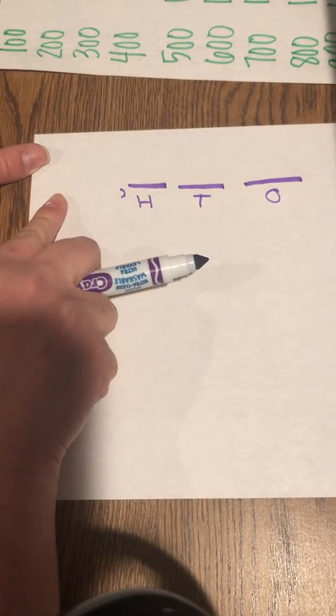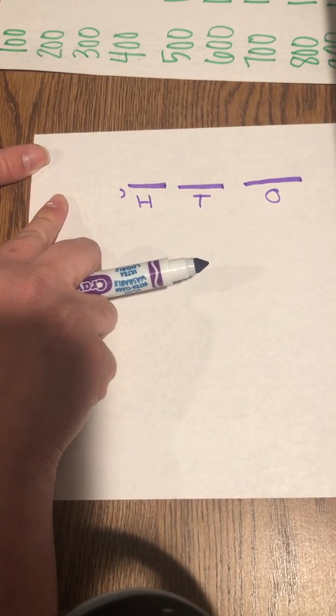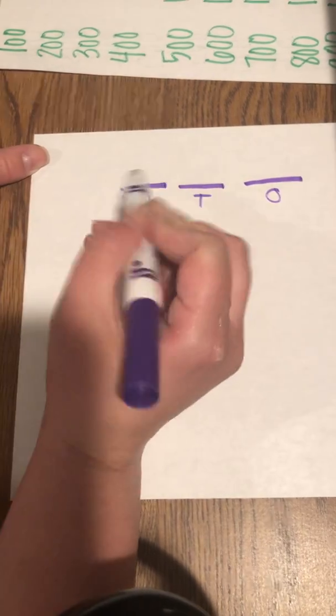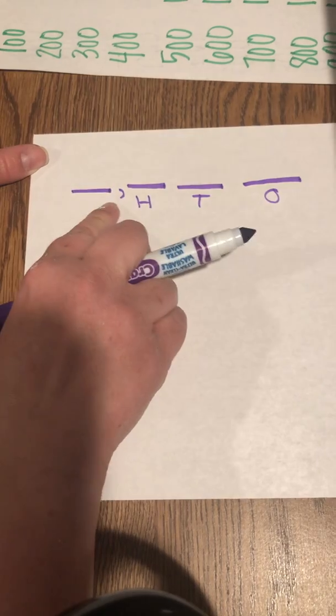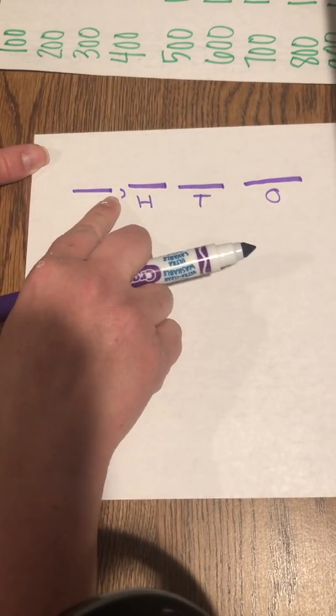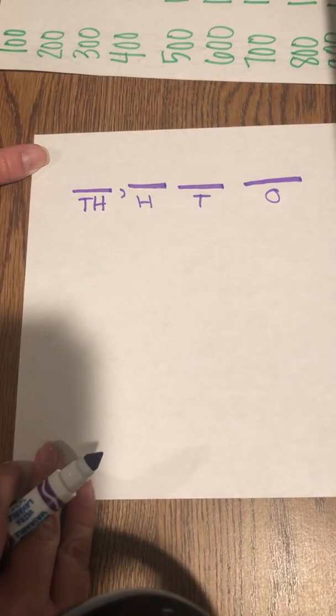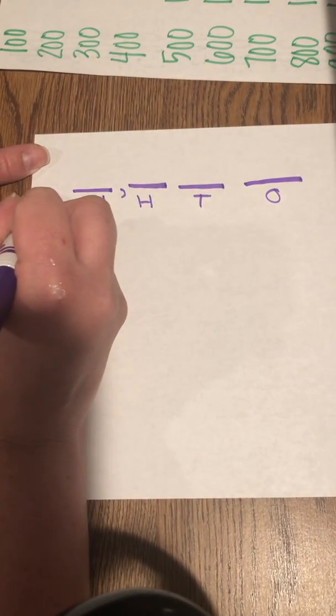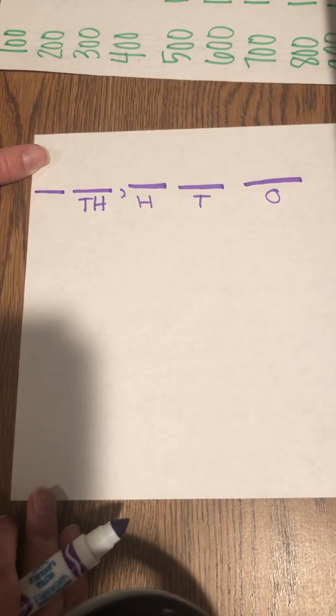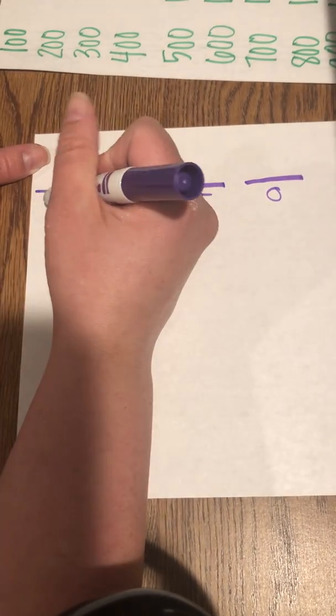Everything on the left-hand side is going to be in the thousands. So this first row after the comma is our thousands. I'm going to put TH, thousands. Okay. Then this row right next to it is